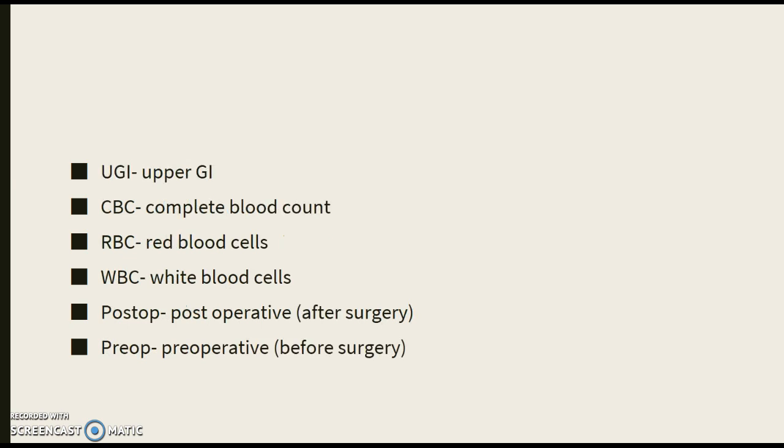Upper GI is UGI. This is a test we do to see if there's obstructions or anything wrong in the intestines. And then we have some blood work. CBC is complete blood count. This is a test we'll do. You'll learn more about it, but